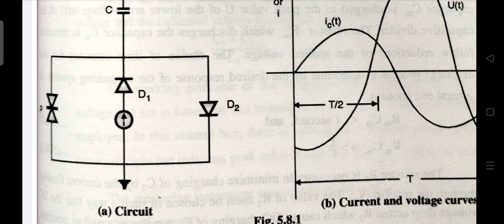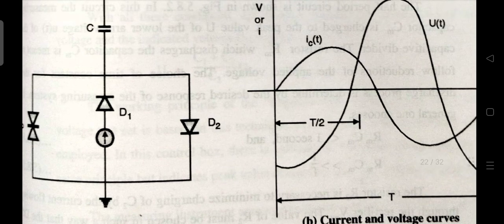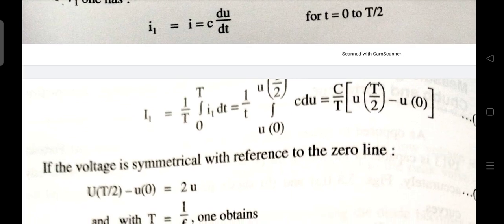are fulfilled. If the behavior of the rectifiers is assumed ideal, then for the conducting period of V1, it will be i1 equal to C dV/dt. Here V is U, so it will be C dU/dt for time 0 to T/2. Now I1 will be 1/T times the integration of 0 to T/2 of i1 dt. It will give us the value equal to C/T into U(T/2) minus